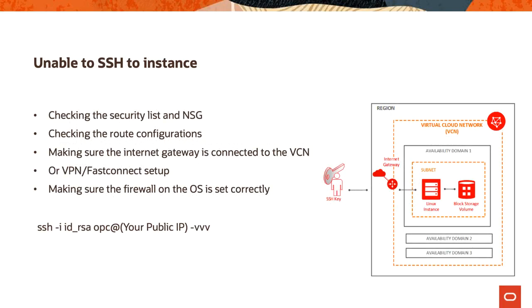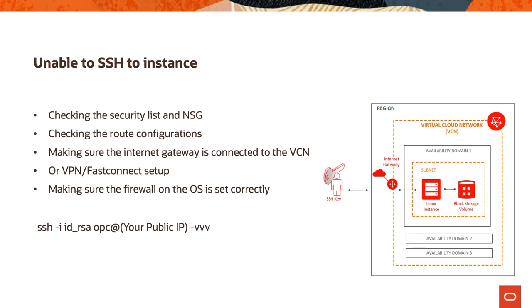And what happens if you're unable to SSH? So the first steps in the process here would be checking your security lists, checking your network security groups. Now, if one of these items, your security list or NSG, has a rule that's open, that means that it's going to be open. The next would be to check your route configurations to make sure that at that subnet